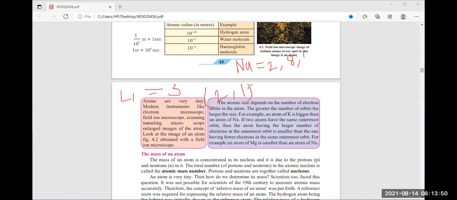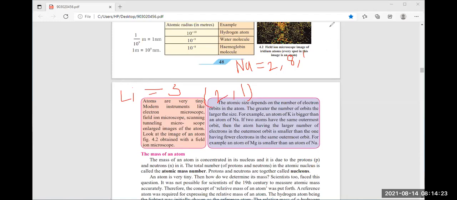Okay. So now, which is greater? Which has the greater atomic size? Tell me now. This sodium or lithium? Sodium. Because here, how many shells are present? How many orbits are present? 3 orbits are here. Here only 2. And here you can see duplet and octet are completed. Here only duplet is completed. So this atom has the larger size, and due to that reason its size is bigger than lithium.